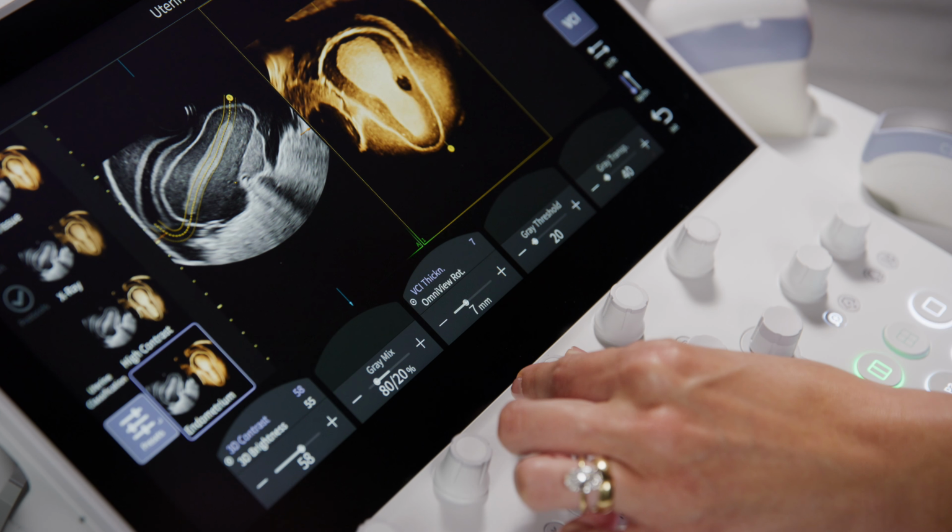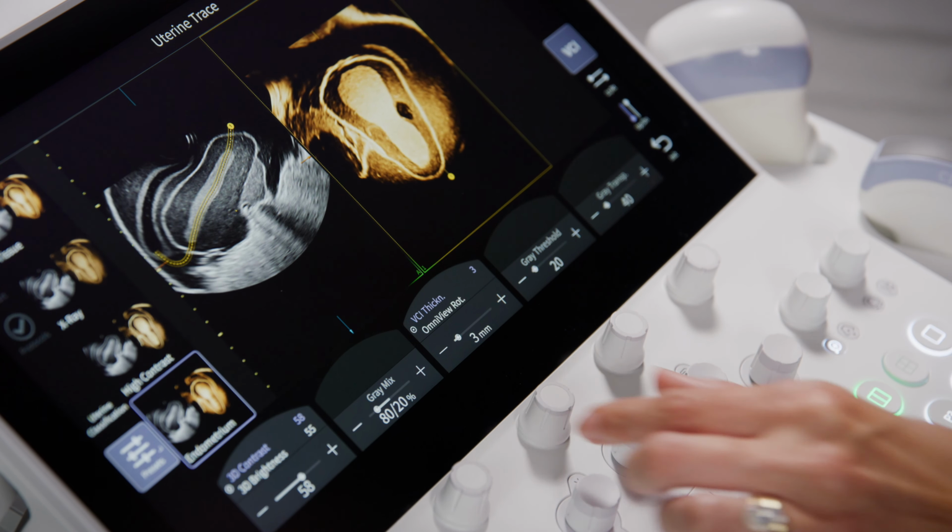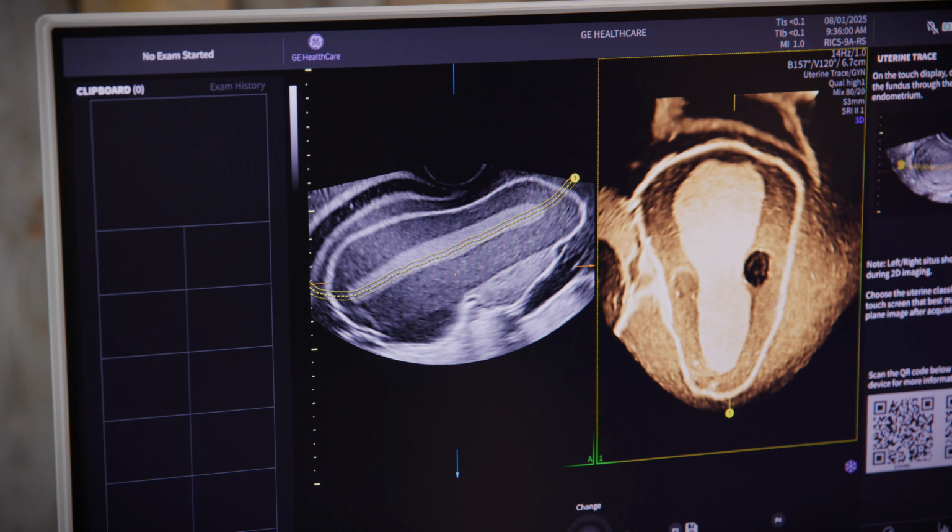The system will automatically show you the coronal view of the uterus with VCI, which can be adjusted to your preference. Having a thinner slice will increase your contrast resolution, while increasing the slice thickness will enhance the visualization of